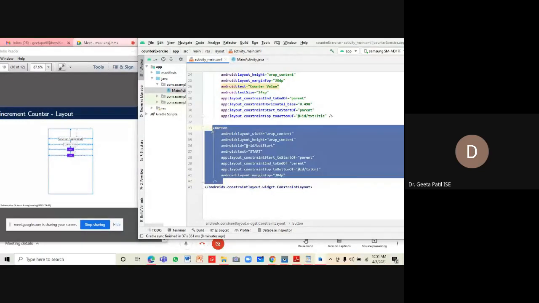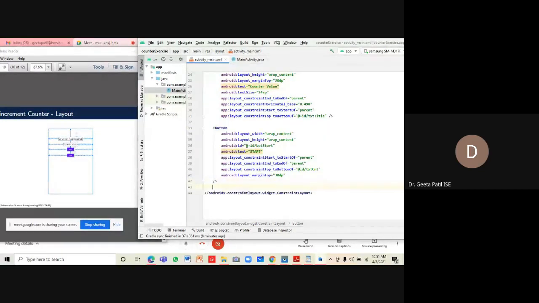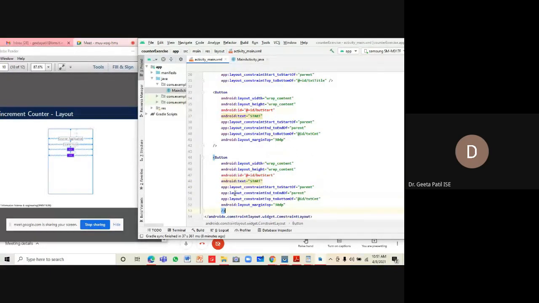Now for the end button, I'll just copy this code and paste it over here and write the code for end, I mean the stop button. So button stop, the ID changes to button stop. Constraint start is constrained with the start of the parent, end is constrained with the end of the parent.